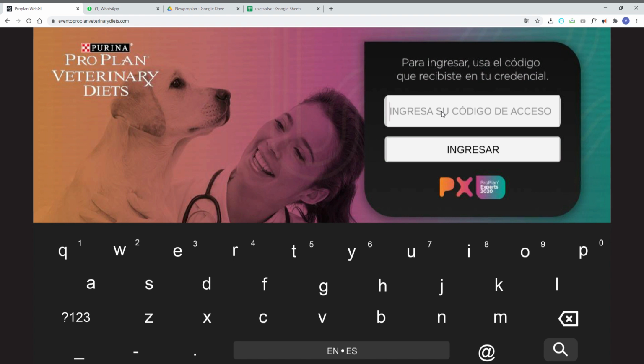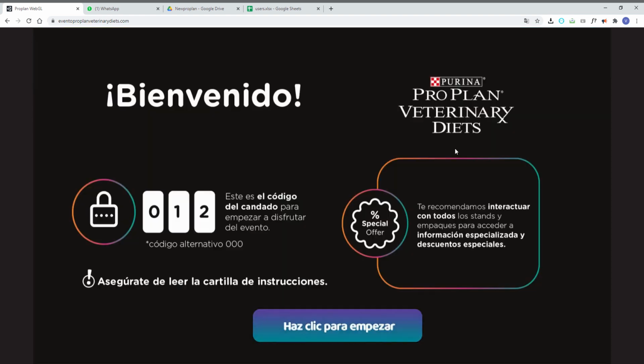Every access code is already defined for each one. For example, in my name, I have Proplan, Proplan 1 as an access code. It's predefined, okay? So I click this button and I go to the